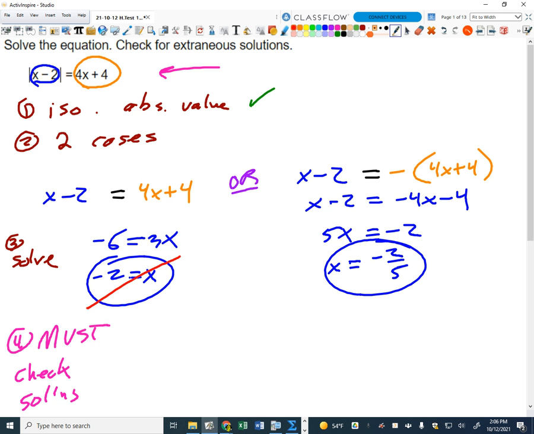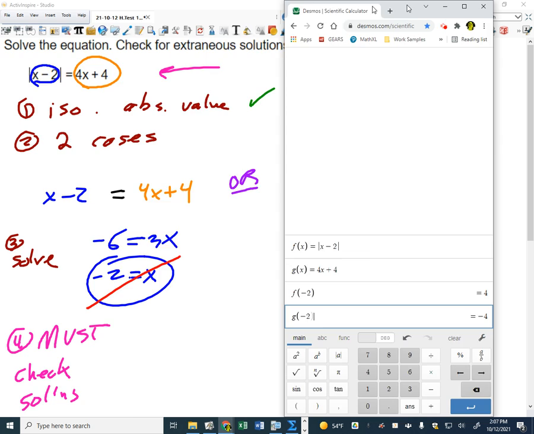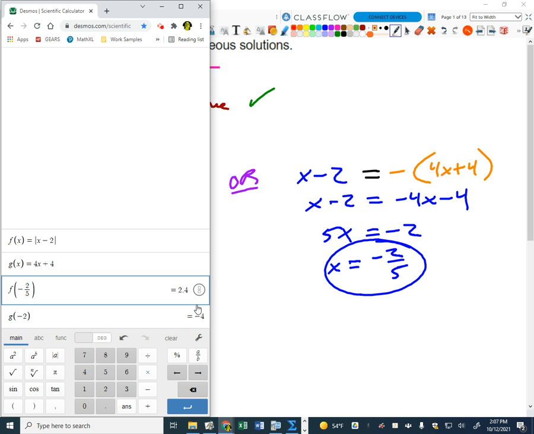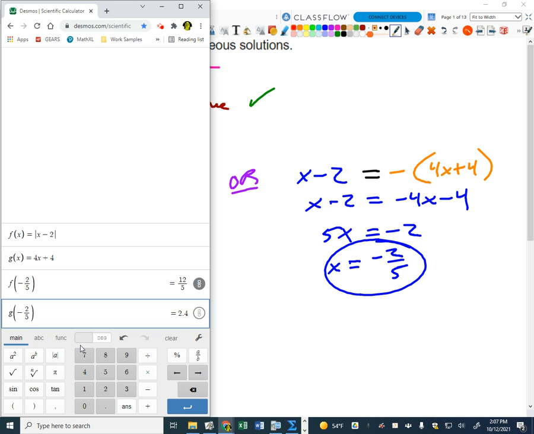Okay. Is the other one guaranteed to work? No, it may not. It's possible they're both extraneous, so we got to check it. So I'll just change that into a negative 2/5. I get 2.4, make it a fraction. G of negative 2/5 gives me the same thing, right? So when I plug that into my original absolute value equation, I get 12/5 on both sides of the equation. So that is,